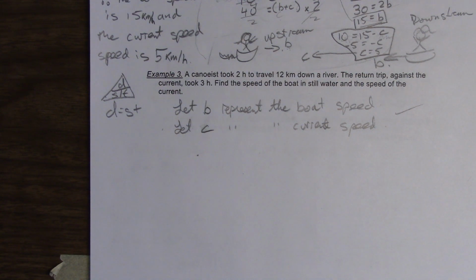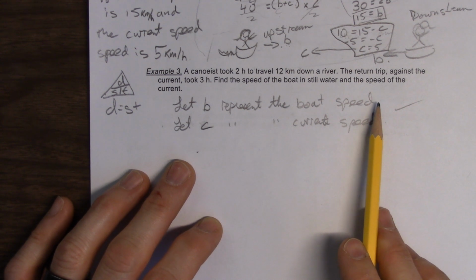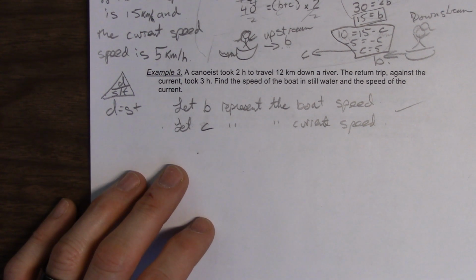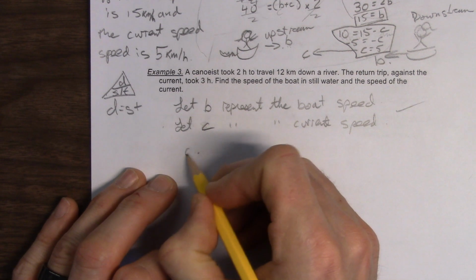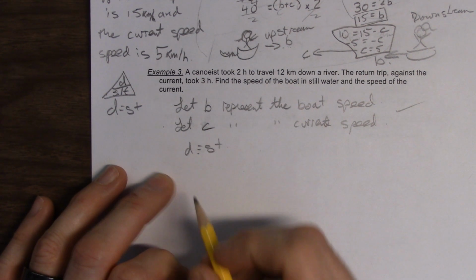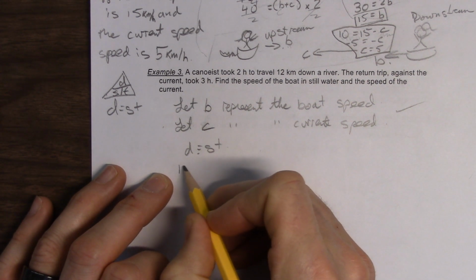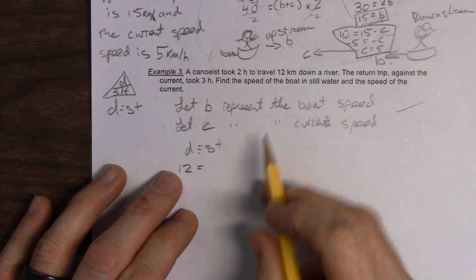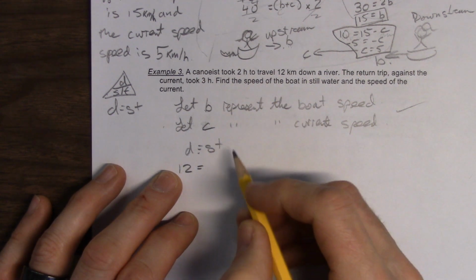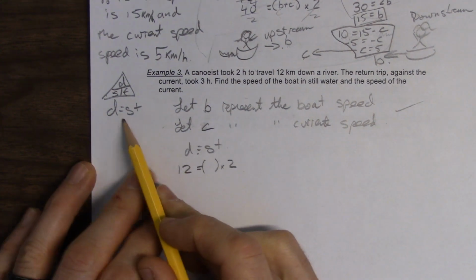It says the canoeist took 2 hours to travel 12 kilometers down a river. So we're going down the river this time. So it's very similar to the last question, right? We know we're doing distance is equal to speed times time. We know the distance here happens to be how many kilometers? 12. Is equal. We know the time. How long did it take when they went downriver? So we know the time is 2. So we just have to get the speed again. We know speed is represented by distance